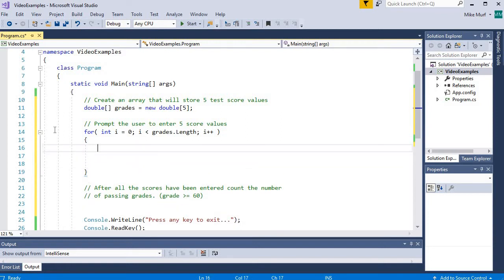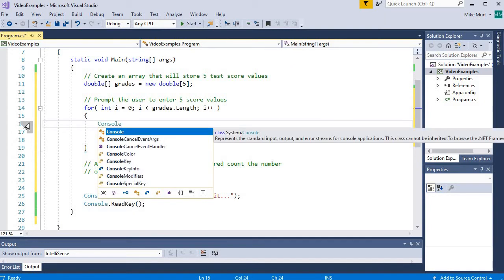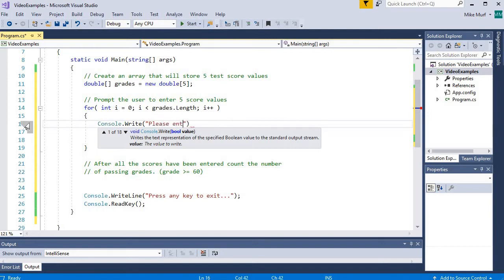Now I need a prompt. This is going to be an integer prompt. And so I'm going to go ahead and build a protected integer prompt using try-parse syntax and a while loop. And let me just knock this out really quick. So we'll start with a write statement, Console.Write, and I will say, "Please enter grade,"